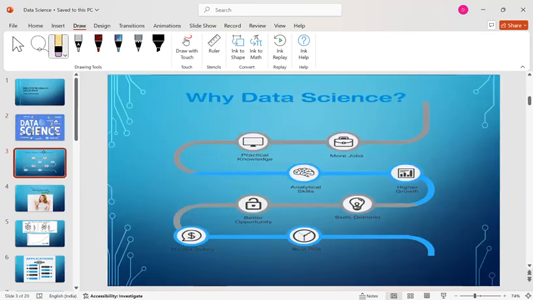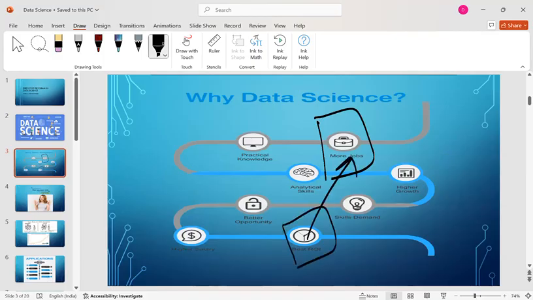And why data science? Why are people going after data science today? Because of a good amount of jobs. Why are there a good amount of jobs? Because the investors who are investing are getting the best returns on their investment. That is the reason there are so many jobs. That is the reason people who learn the skills that are in demand are getting better opportunities, higher growth, and higher salaries.